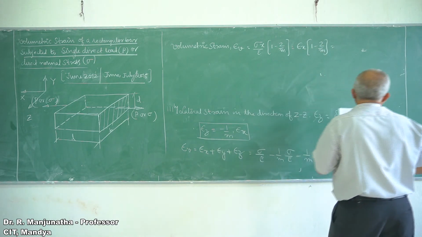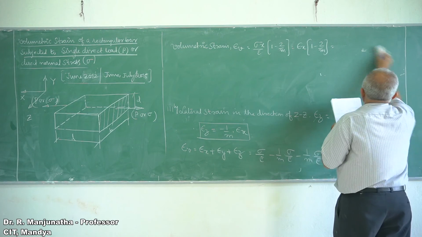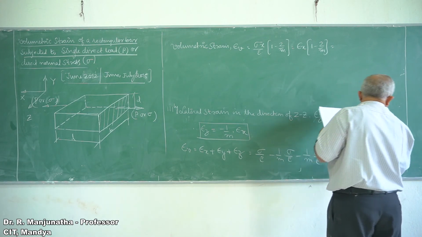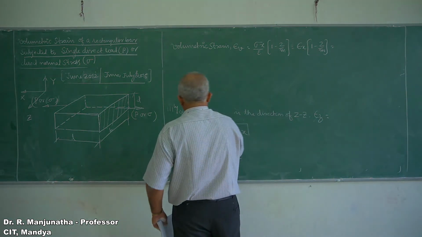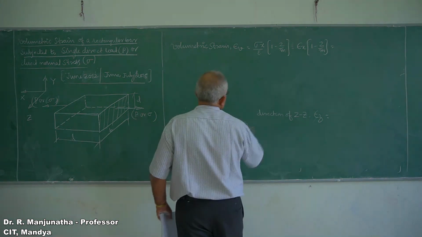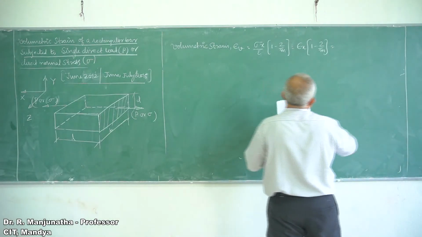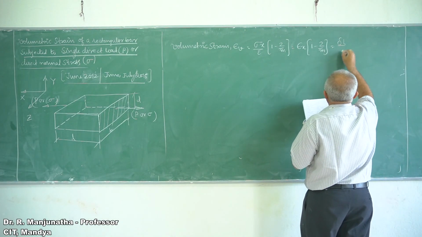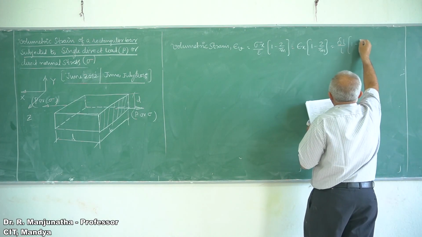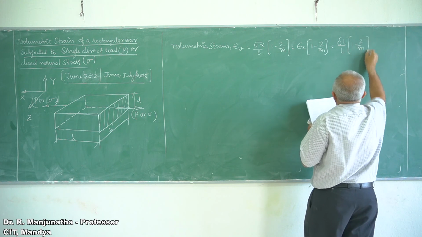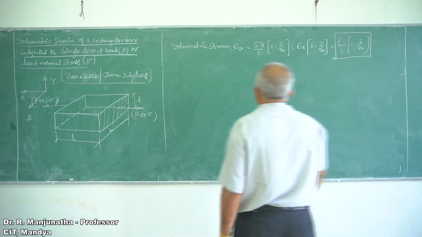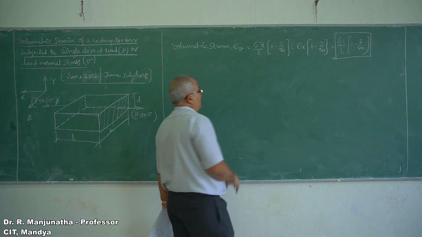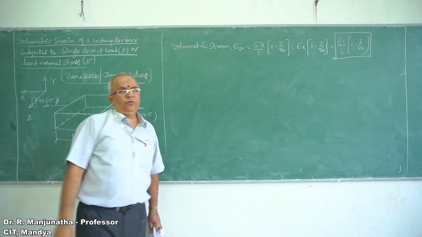It is the strain in the x direction, which is nothing but delta L by L. So that is equal to delta L by L into 1 minus 2 by m. So these are the various forms in which we can write the formula, so that it is going to be helpful for us when you